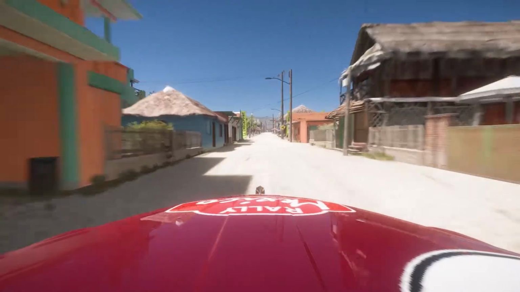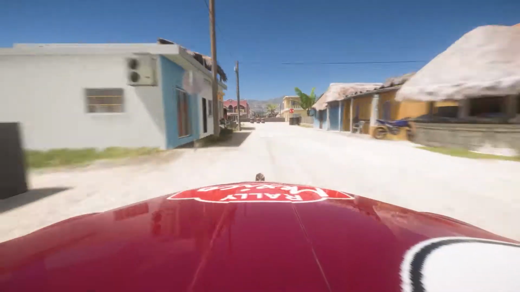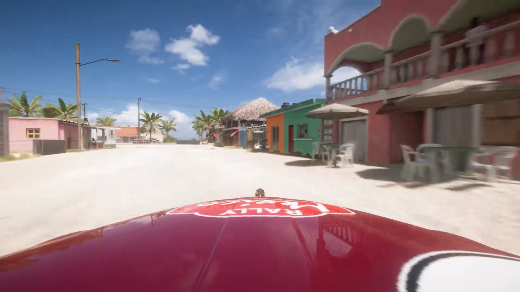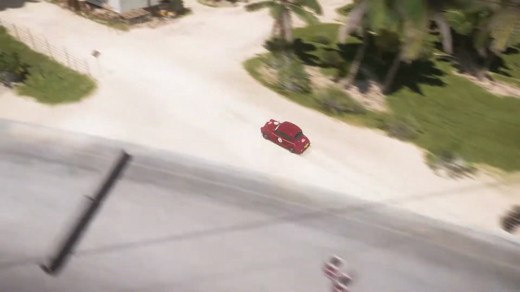As we go back onto the sand down this narrow street of Playa Azul here, as we get onto the brakes for the hairpin. Ran a bit wider than I did in practice. It does seem to have a little bit less grip. My practice car is quite a lot more modern than these, but nicely through here